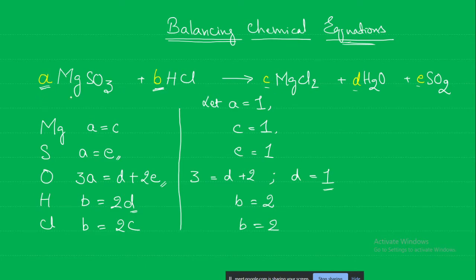After that, we know that this and this should be equal, so we put an equal sign. If there is only one atom, for example, then we won't write anything, just A equal to C. If for example hydrogen has 2 atoms, then we write it as 2D, like that.